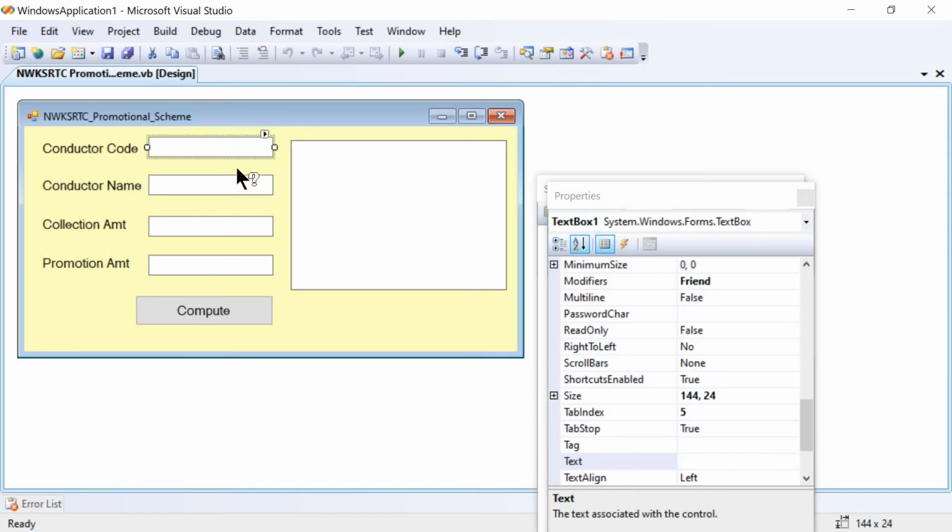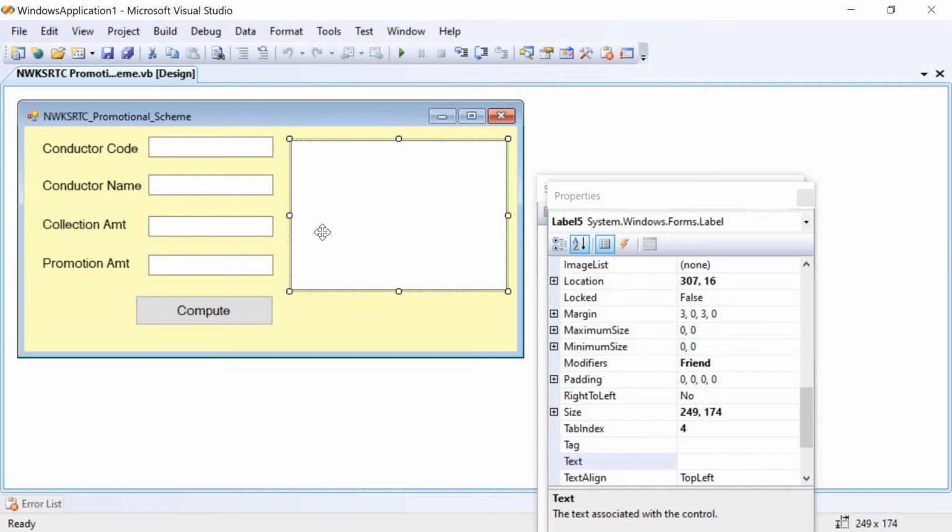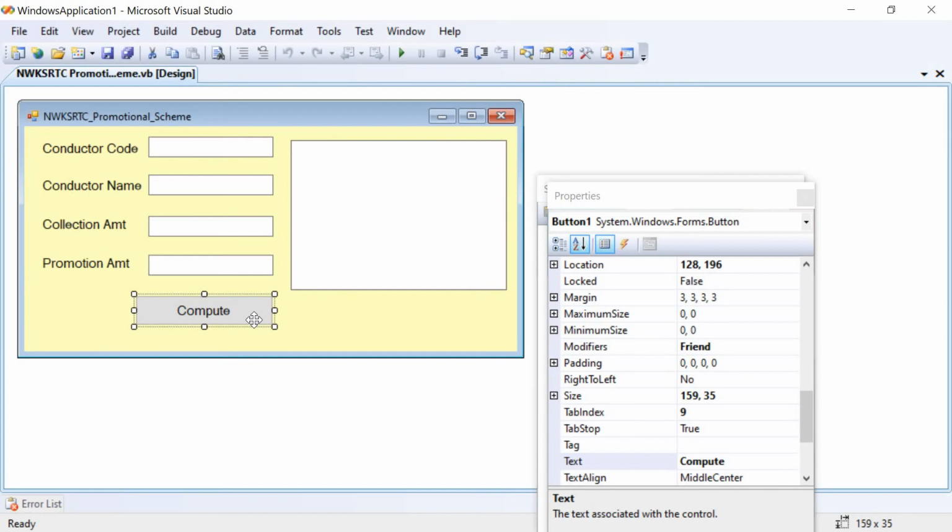Text box 1, 2, 3 will go for the inputs. Later we have to display the output. In the same way, in detail, we are going to display in label 5 also. And we have taken only one button here. That is compute.